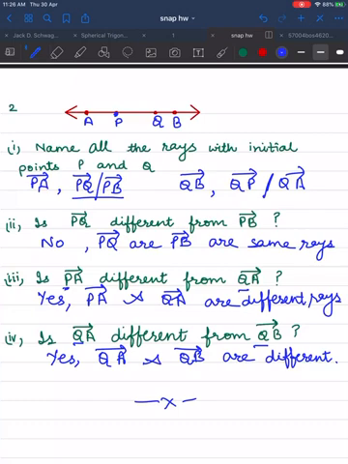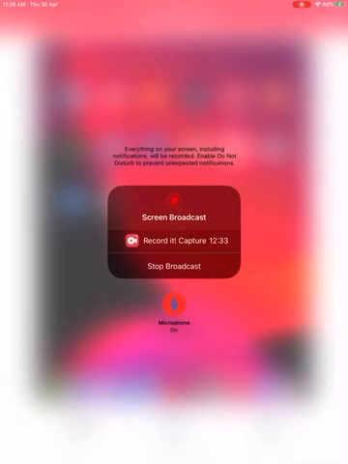That's it, children. Now I hope you can identify parallel lines, intersecting lines, perpendicular lines, collinear points, non-collinear points, and you can also